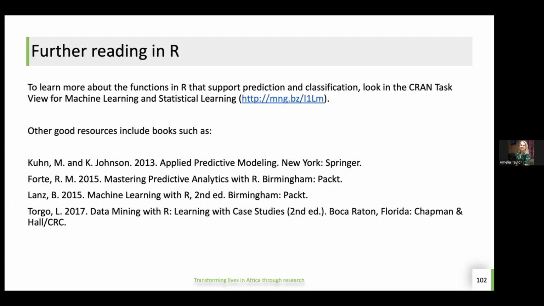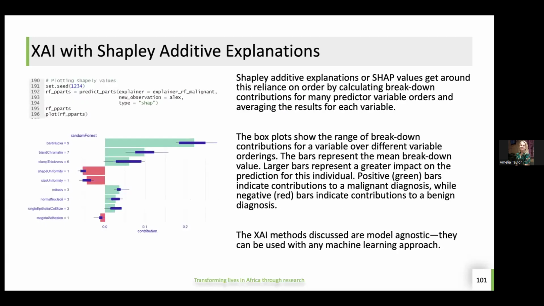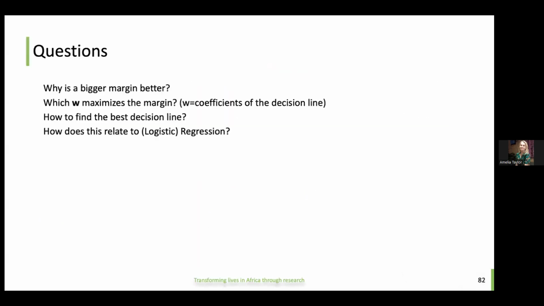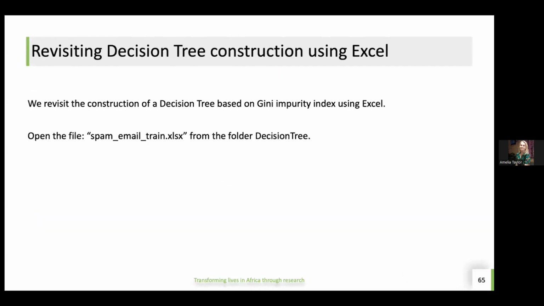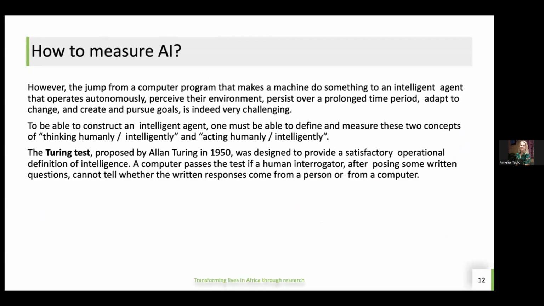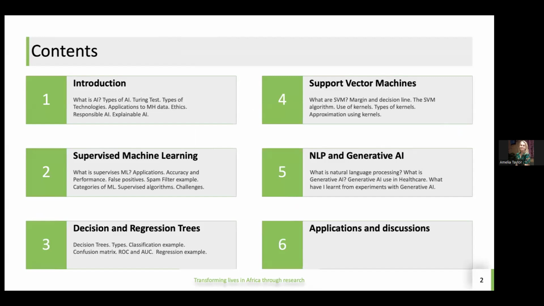So this concludes our supervised machine learning. We've done quite a lot. Let me just take you to the beginning. I agree that we haven't looked at this in full detail, but I hope that the resources that I put together for you are helpful. I tried my best to present things in a way that makes sense to me, and hopefully this can help you. So we started with